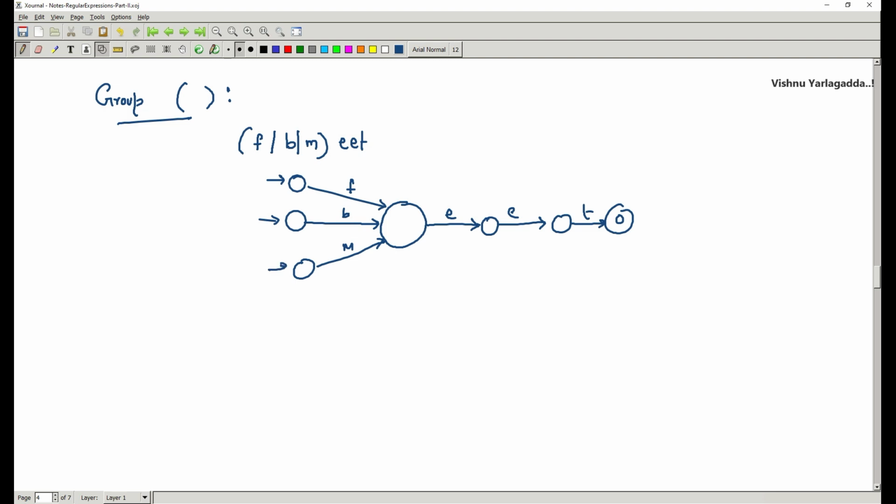That means the string can start with either F, B or M, but it should end with EET.